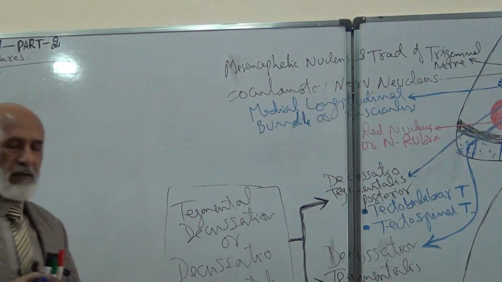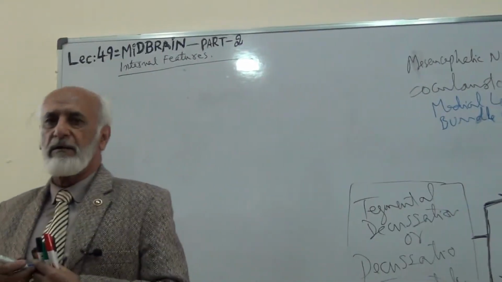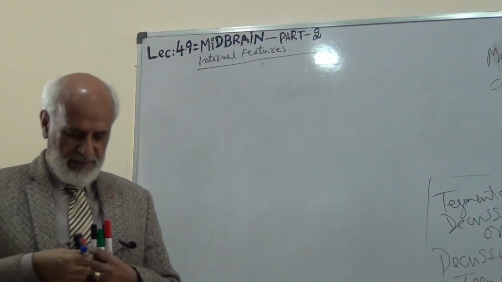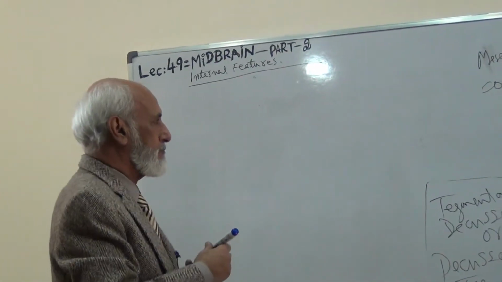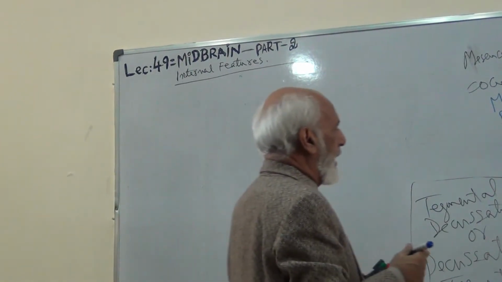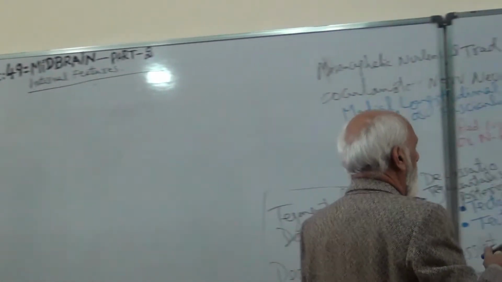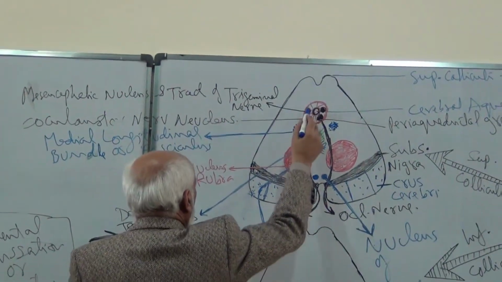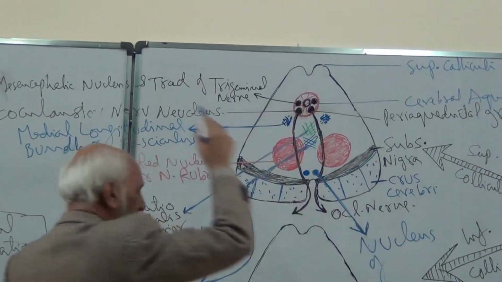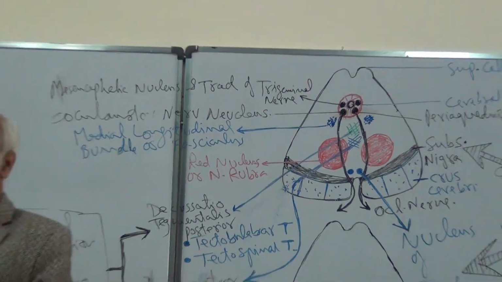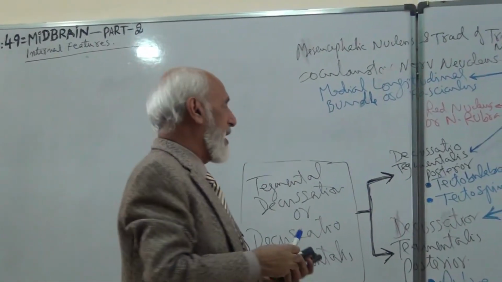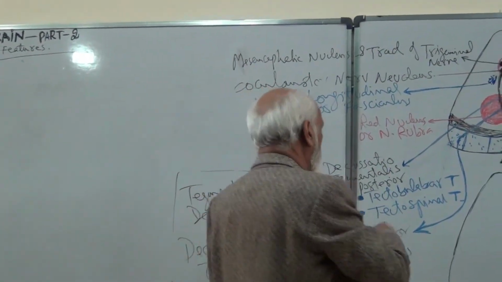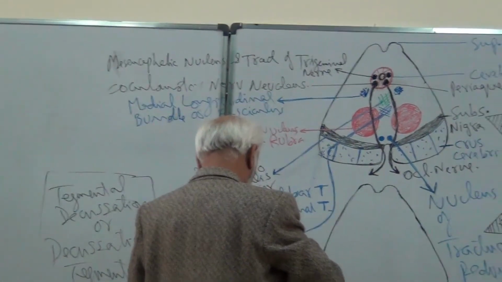It is a compact bundle of nerve fibers. In the upper part of the medial longitudinal bundle, posterolateral and close to the upper end of the cerebral aqueduct,